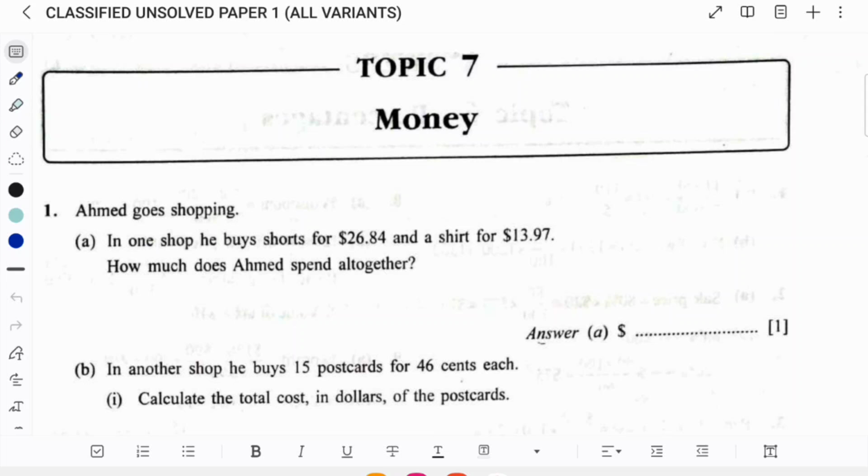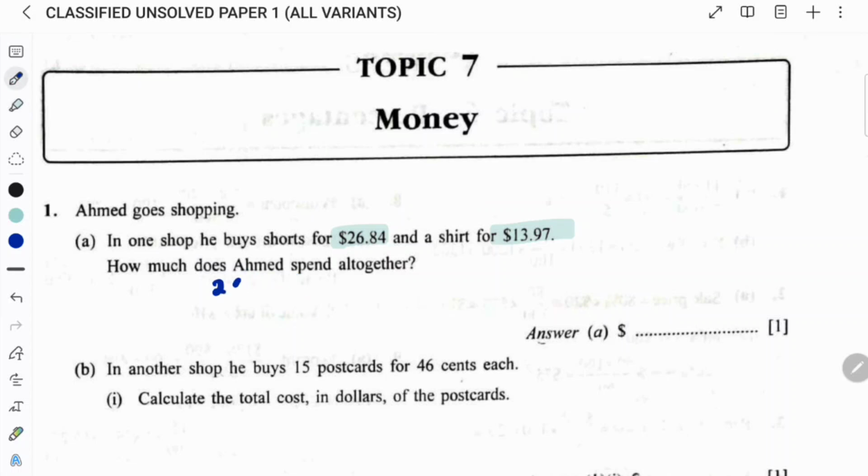Part A, in one shop he buys shorts for $26.84 and a shirt for $13.97. How much does Ahmed spend altogether? Simply an addition question. So altogether it is 26.84 for shorts and 13.97 for buying a shirt. So what are we going to do? We are adding these two numbers together here. So 26.84 and